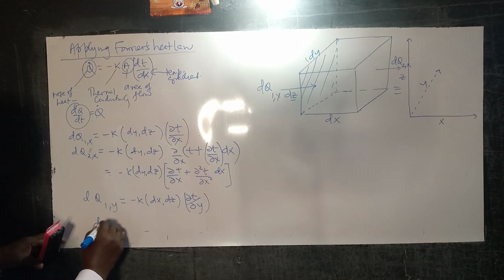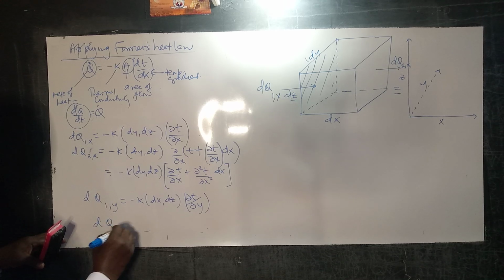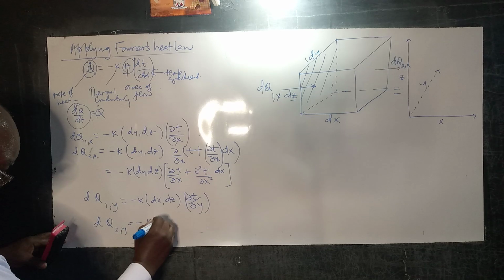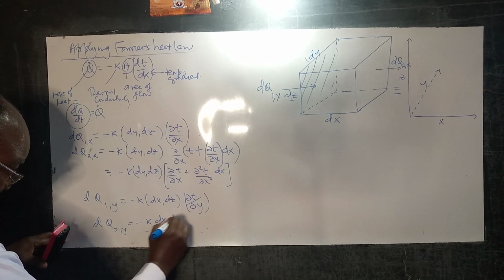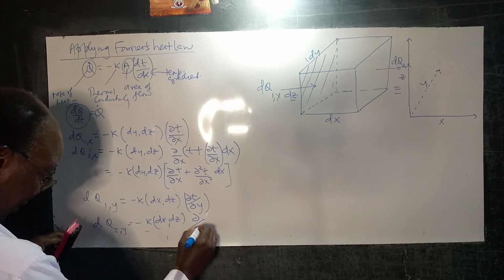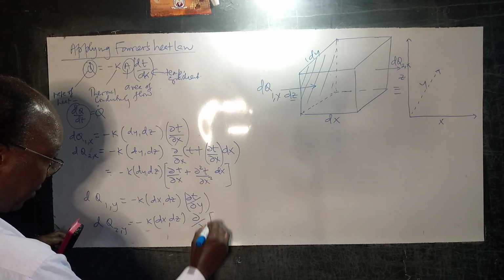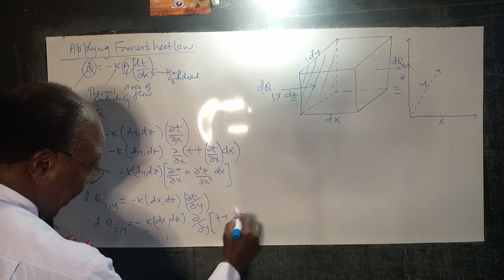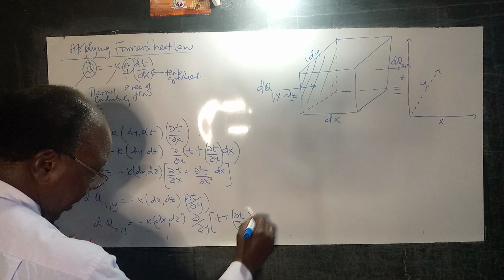And the heat flowing out, dq2y, is minus k dx dz into t plus del t del y dy,